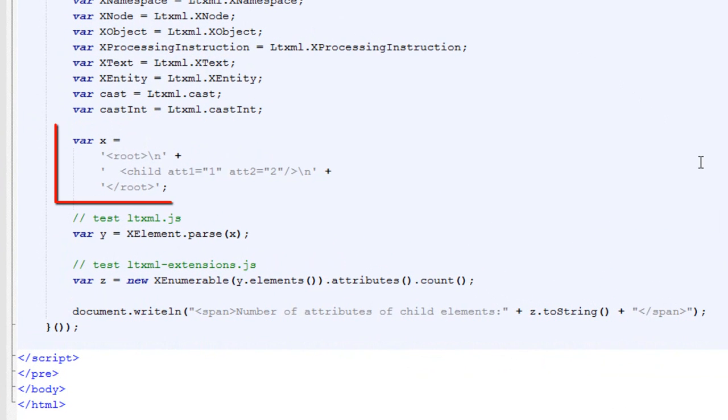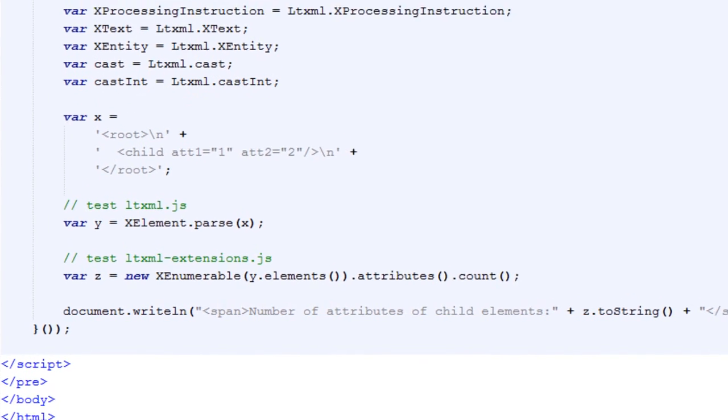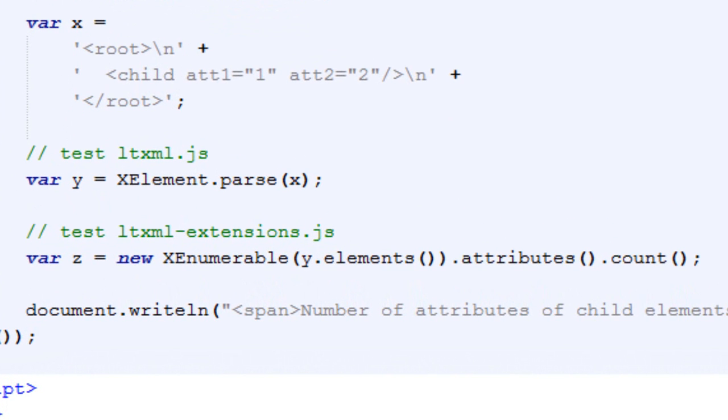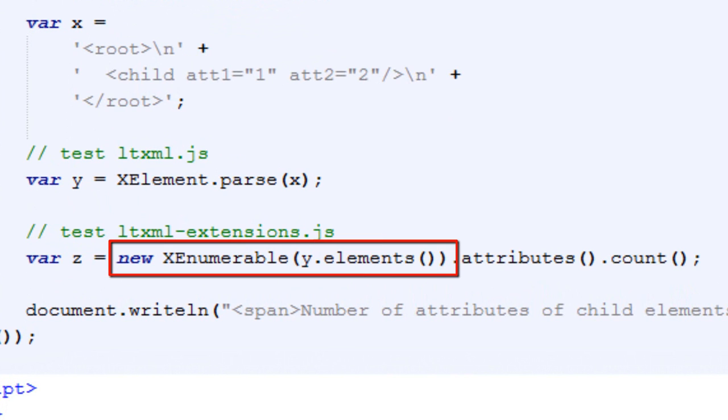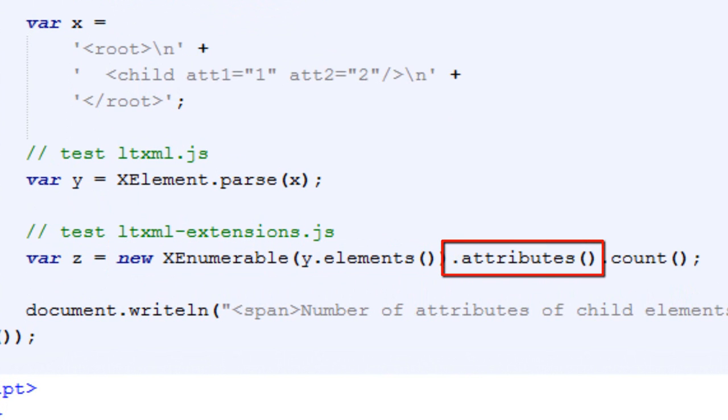All the code does is it declares a little string with a little bit of XML. It then uses the XElement.Parse method to parse that XML and assign it to a variable y. And that makes sure that the XElement class is there and is operational. And next of all, it dots into the y.Elements method and then passes that to the XEnumerable constructor and then calls .Attributes on that. And this makes sure that the extension methods are operational, that it actually is using both the core ltxml.js and